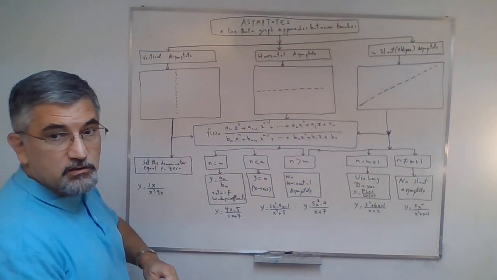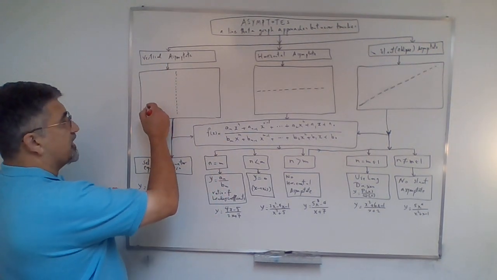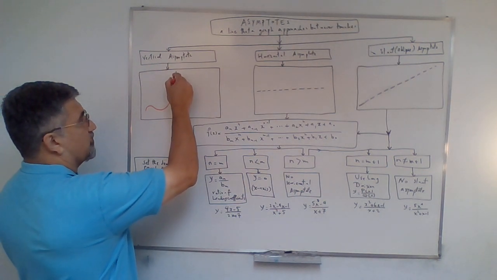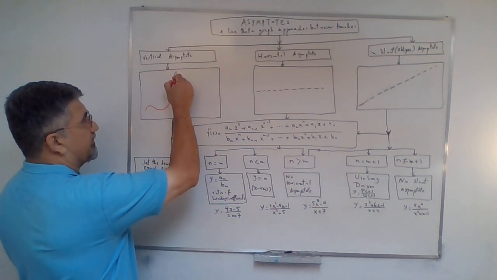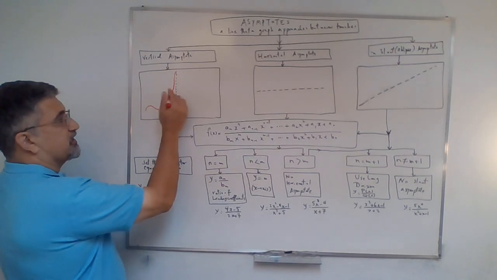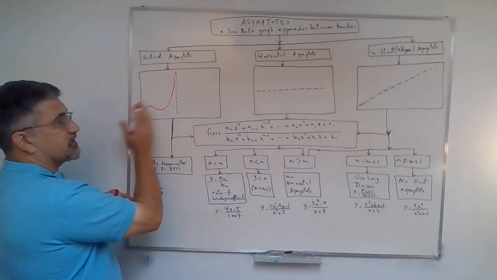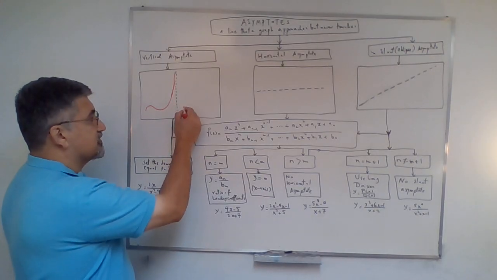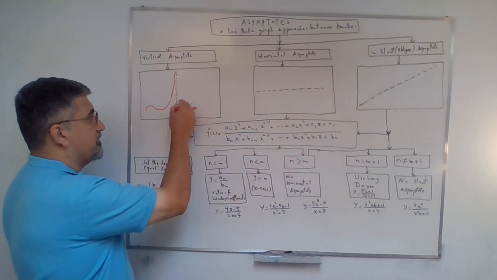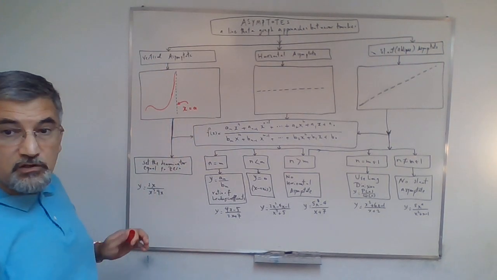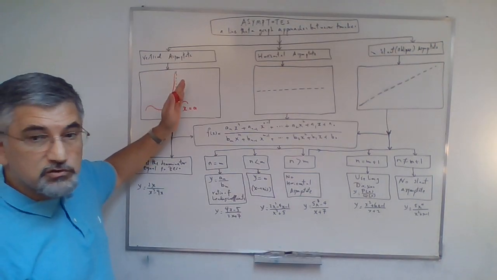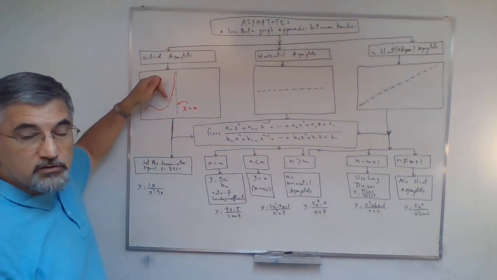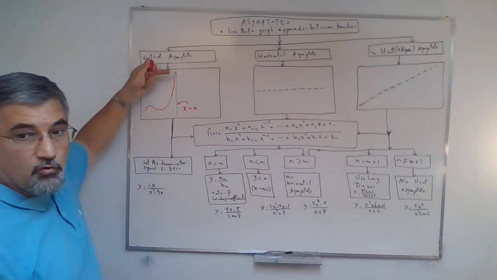Vertical asymptote, well, it's a vertical line that the graph, whatever it looks like, approaches but never touches. So the distance between the line and the graph is getting smaller and smaller as x approaches the x value of the vertical asymptote. Let's say this is x equals a, okay? So that's how it looks. The graph becomes extremely close to the vertical asymptote, and the graph could either approach positive infinity or negative infinity